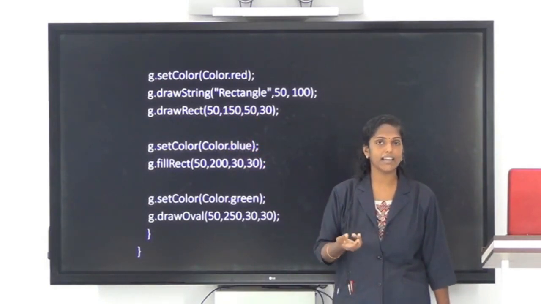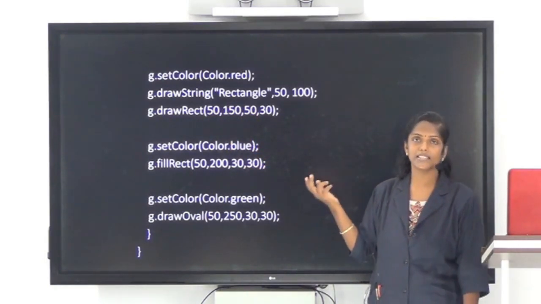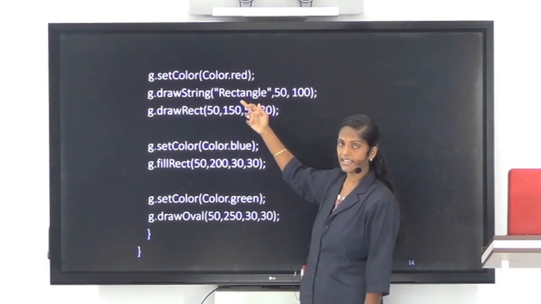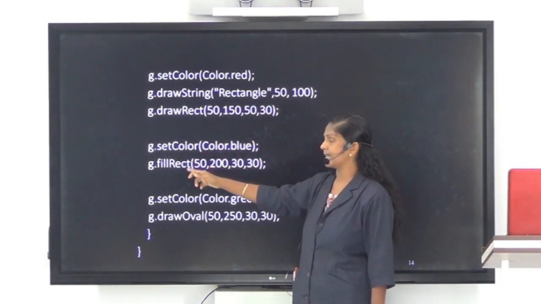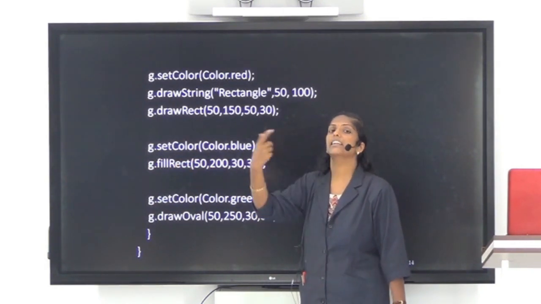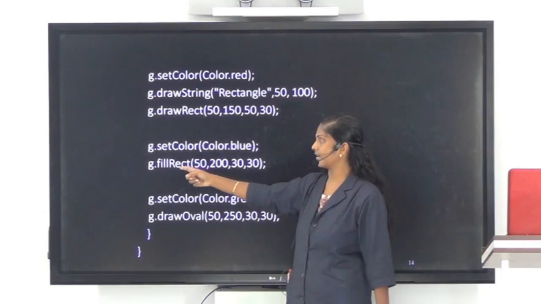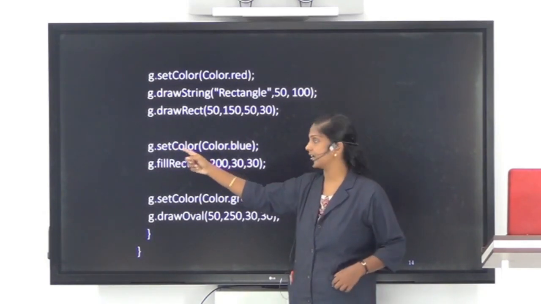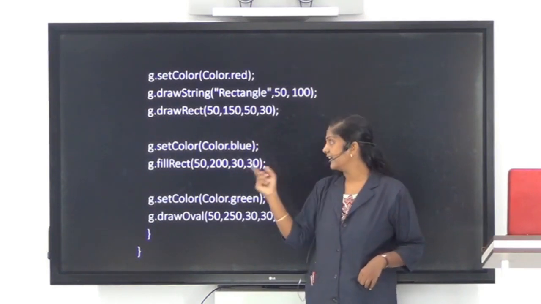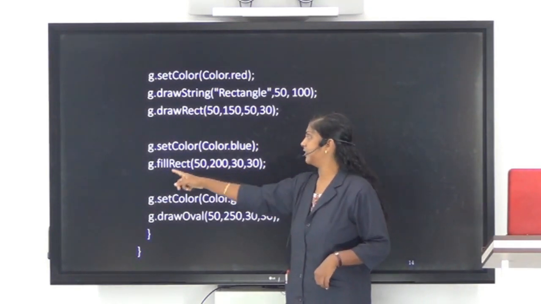So for displaying a square also, we use the same method, drawRect. This method is used for creating a rectangle and filling it with one color. Before calling this method, I have changed the color to blue. So this will draw a rectangle filled with the color blue.